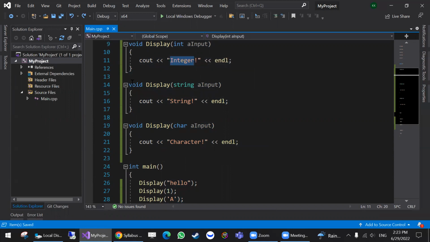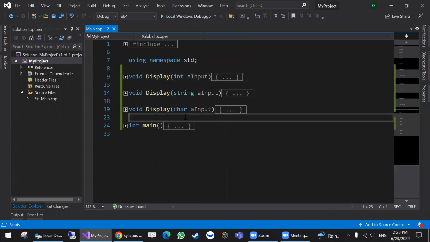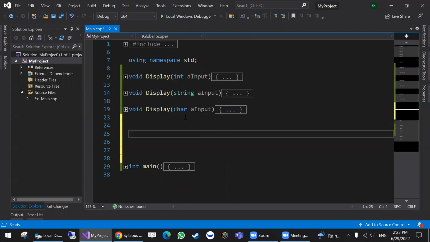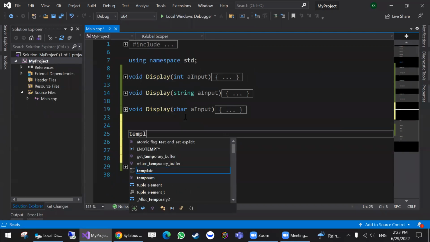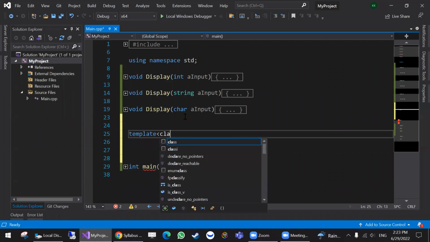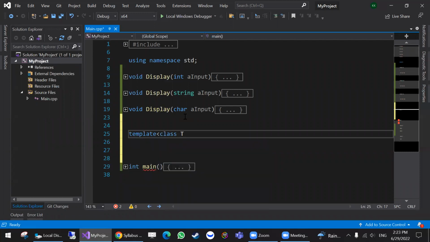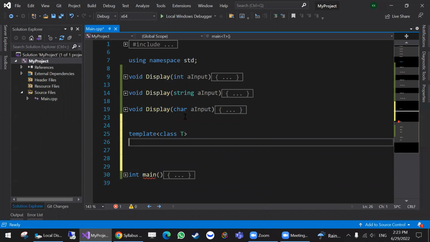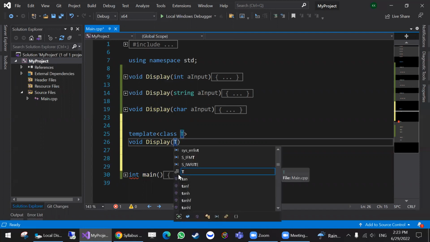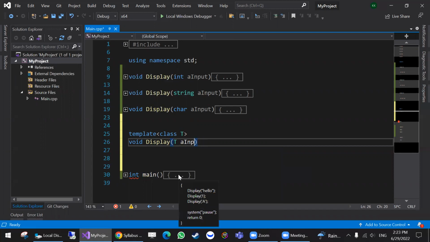So this is integer. I'm going to collapse all, and then I'm going to show you how to write a template. The syntax is you're going to specify that the following is a template. Then you're going to say class T, T for template or for type. Then you're going to say void display, this is the data type, this data type input,